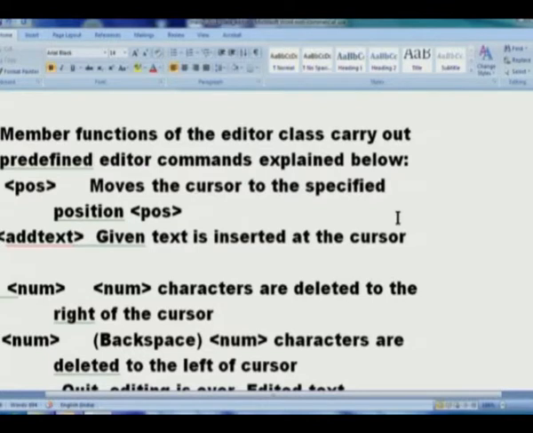So you are now designing another interface. The first one we design for the editor class objects, how to interact. The second, how will you interact with the user? The first will be implemented as part of the class definition. The second will be implemented in your main program.